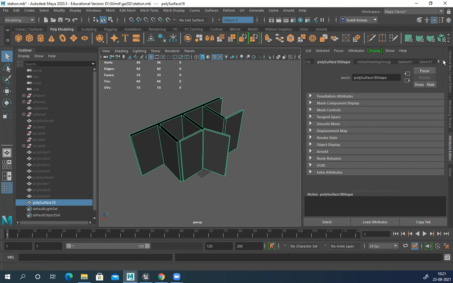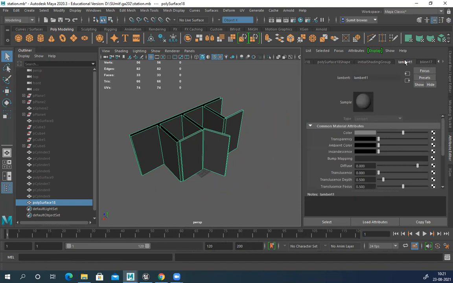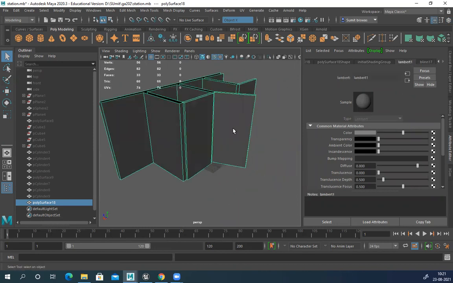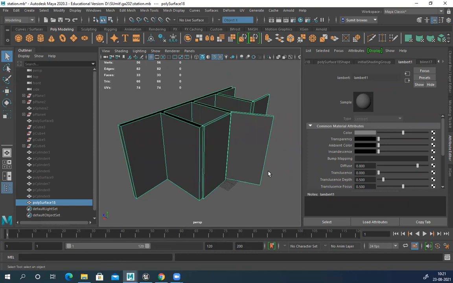So here I can see this one has two materials assigned, Lambert 1 and Blinn 17. That means Blinn 17 is a different texture, different UV, with no connection to the rest of the body, the rest of the part basically. And Lambert 1 is assigned to one part, so that UV is entirely different, texture different. So these two can overlap together, but they have different materials. So there is no connection.